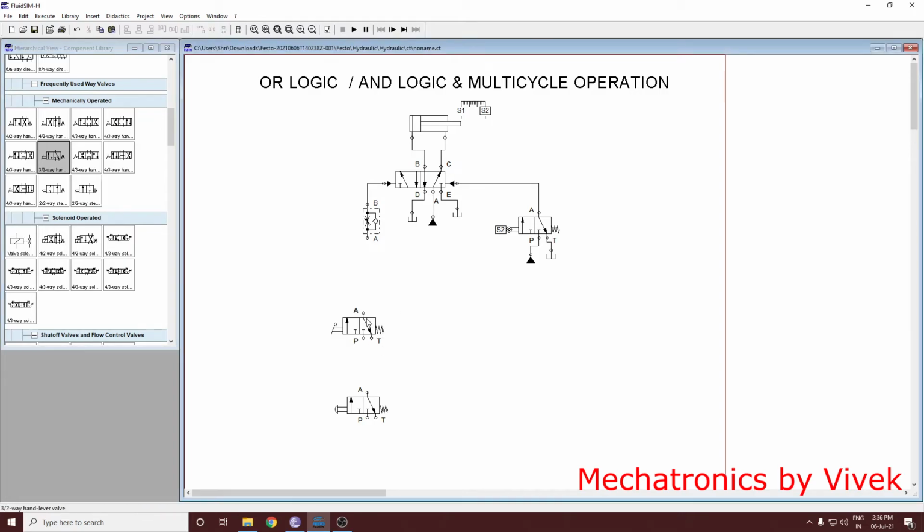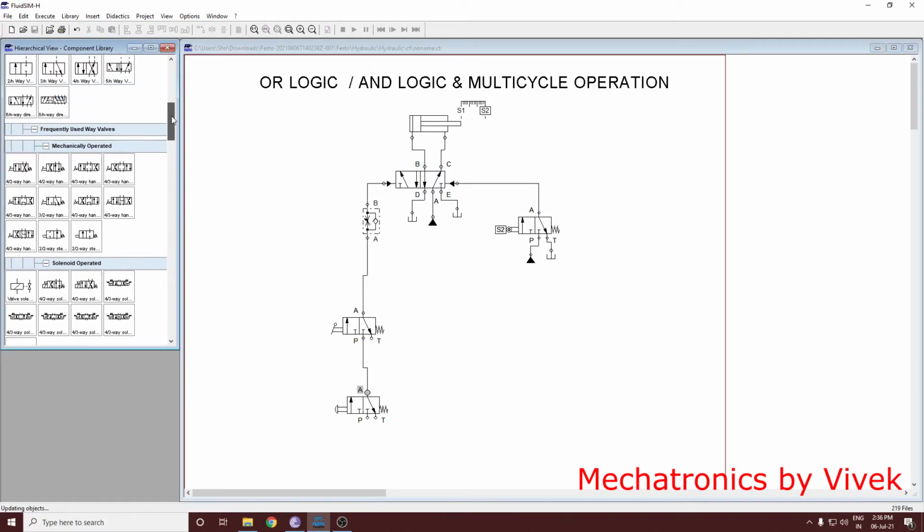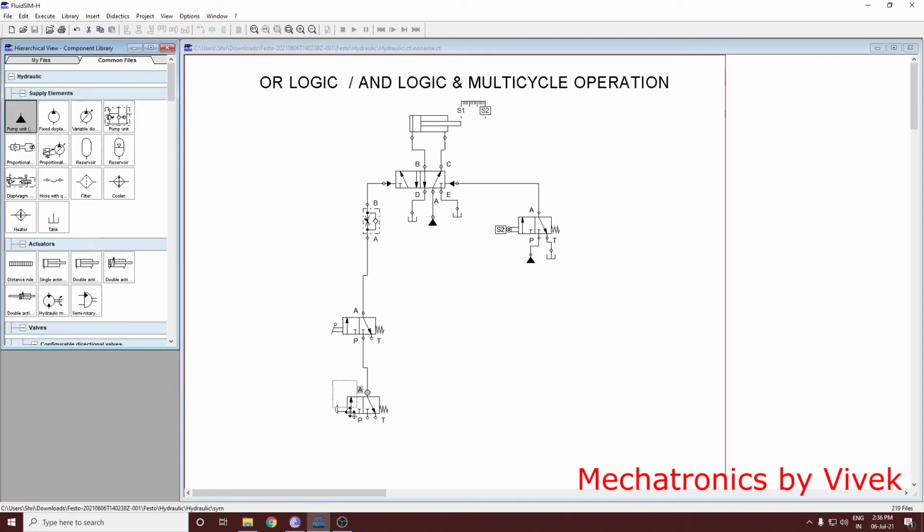And then you connect it here to the flow control valve, and then from here you take it here, and you need a pump here and a tank also.